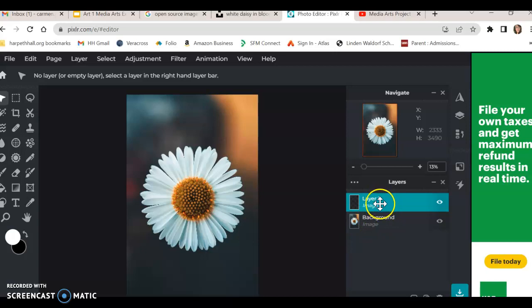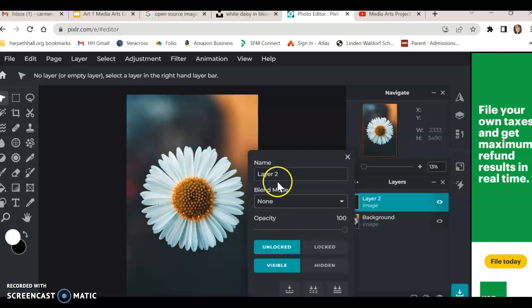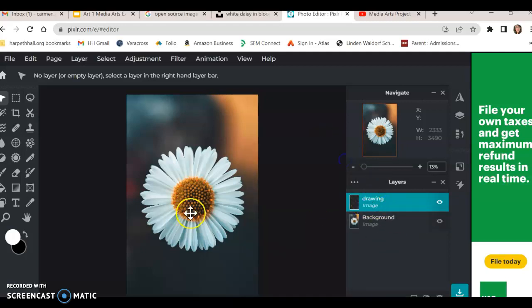I want to make sure that I am in layer 2, and you can even rename it if you want to. You could say drawing layer or whatever. Don't merge it or anything like that, but that might be helpful for you to stay organized. So my whole